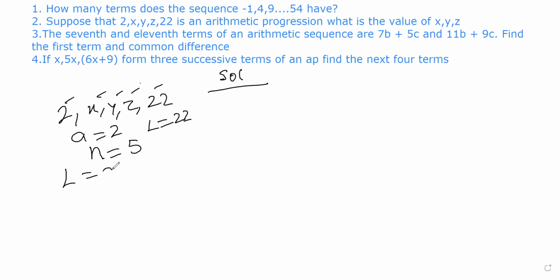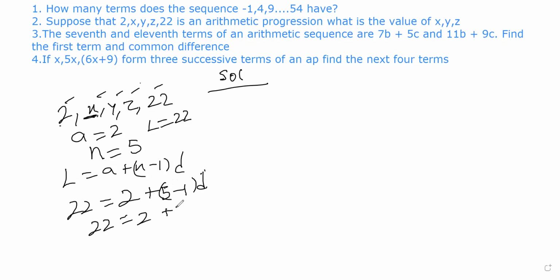So we'll still use that same formula. Why? Because we have a last term and we want to find the common difference, which we don't know. There's no way we can know the common difference by subtracting here, because this term is unknown. So the last term is 22, the first term is 2, plus (n minus 1) d. We'll use n as 5 because it has 5 terms. So 22 equals 2 plus 4d. Taking the 2 to the other side, I have 22 minus 2, which gives us 20 equals 4d. Dividing both sides by 4,